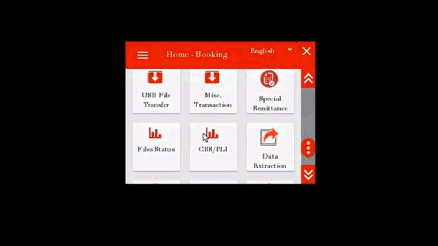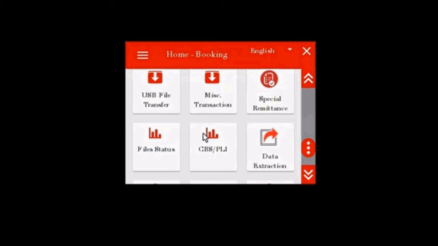CBS PLI interim tool comprises two options. Receipt option, that is whatever deposit under CBS and PLI application. Payment option, that is whatever withdrawal under CBS application and PLI application. Detailed procedure is this. Click CBS PLI interim tool. A page will appear.